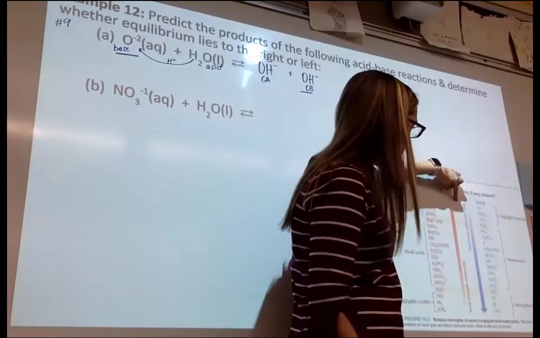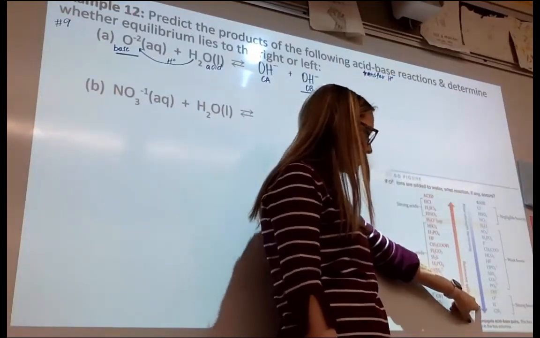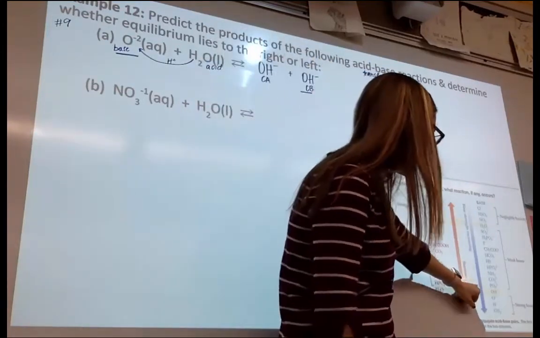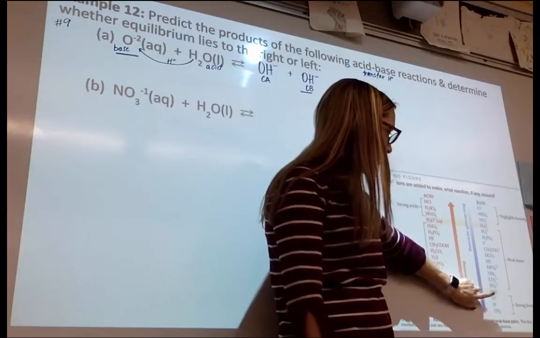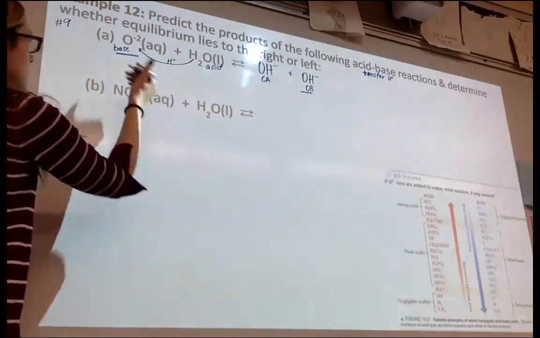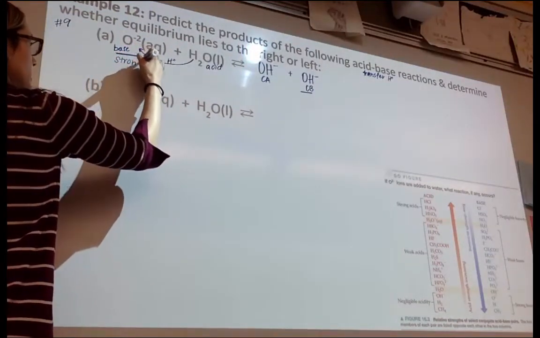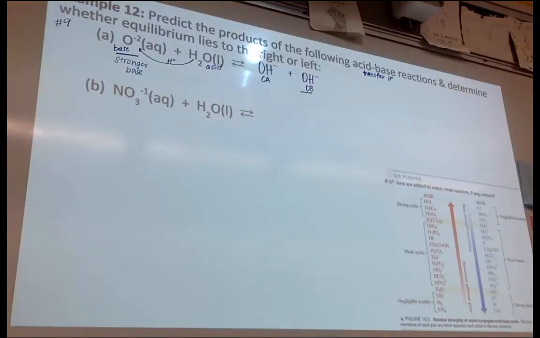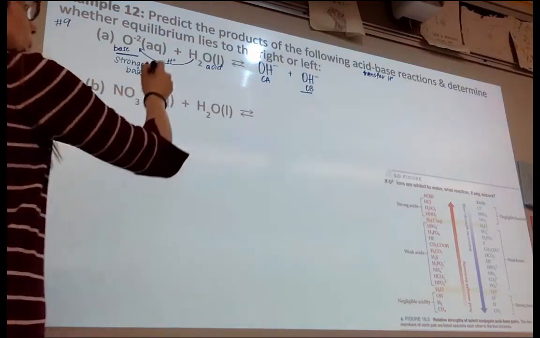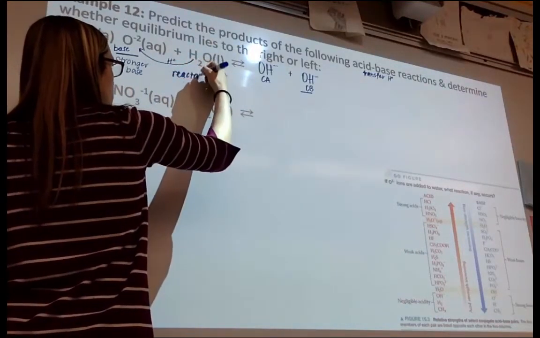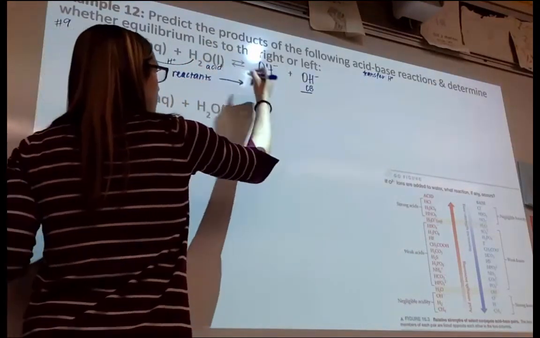On this chart, notice that base strength increases as you go down. So I'm comparing O2 minus and OH minus. They're right next to each other. But O2 minus is farther down. O2 minus is the stronger base. Equilibrium favors the stronger base accepting the proton. That means that O2 minus and H2O, these will act as the reactants, forming